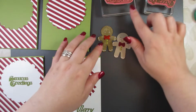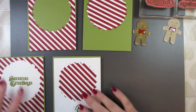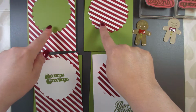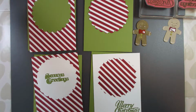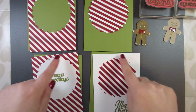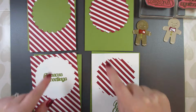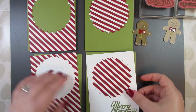So the idea behind this was that by cutting one die cut, and stamping it the way that I showed you just before this, you can make four cards out of what you've done by stamping, if that makes sense. So in other words, this